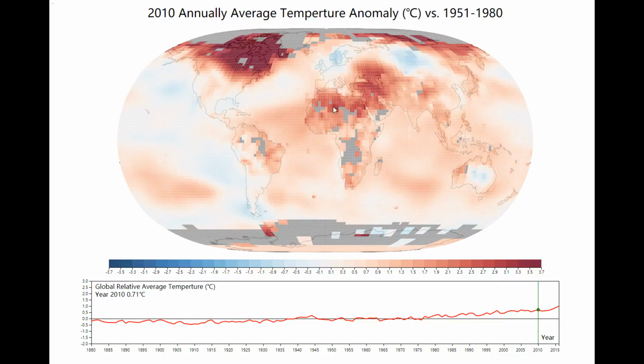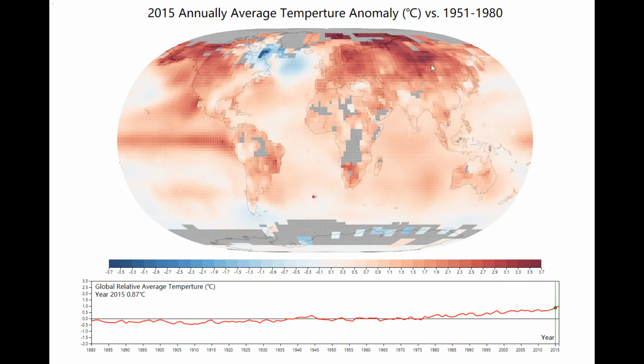If we select a hot year, like 2010 or 2015, we see that the color near the Arctic region is much darker than anywhere else. Does this mean that Northern Hemisphere is becoming much hotter than other regions? Let's select the region north of 30° north. We can see that although the temperature anomaly trend of this region aligned with the global average before, it is now higher. If we select the equatorial region,